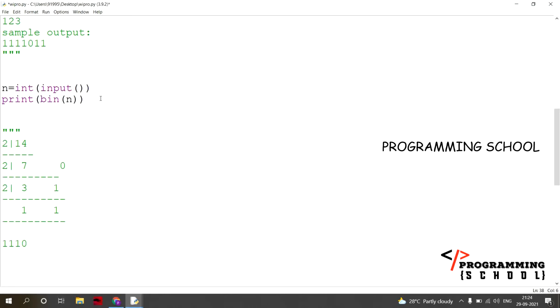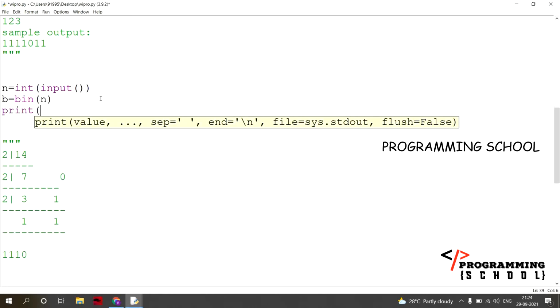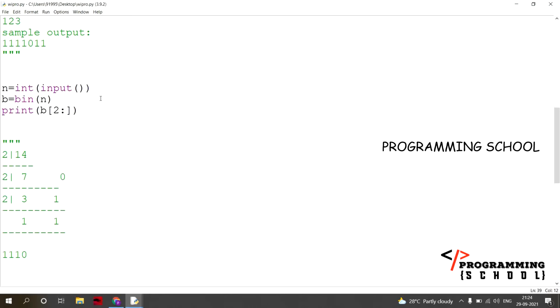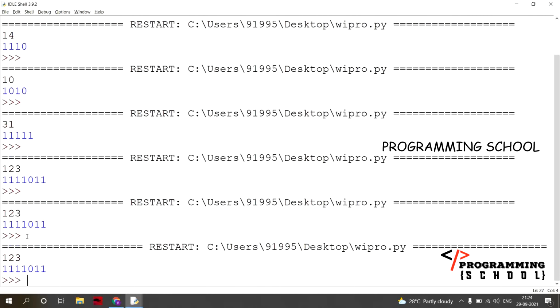This is going to be a string, right? I am going to take b is equal to, I am going to write like this, and then I am going to write b. I am going to start from the second value, right? If I execute it, this is the output, the same thing.